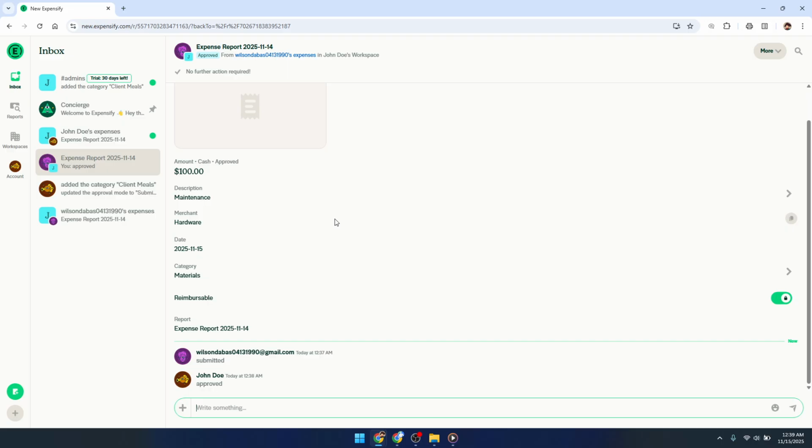And that's it. Approving expenses in Expensify is a straightforward task once you get the hang of navigating through your inbox, thoroughly reviewing reports, and hitting approve when everything checks out. These practices not only facilitate smooth financial operations, but also contribute to maintaining transparency and accountability in your expense management